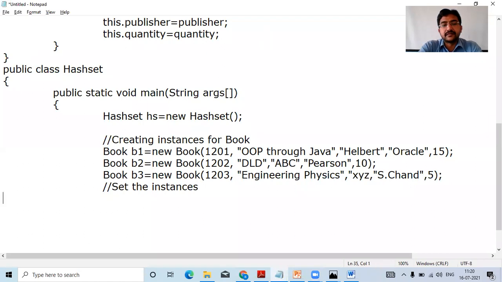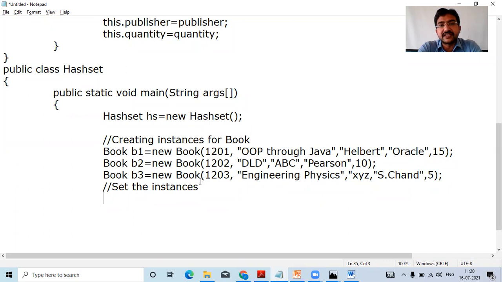Right, add the instances over here. Now, how to add the instances? If you want to directly add the values, you can use add. To whom do I need to add the instances? To the object of hash set, that is hs, right?